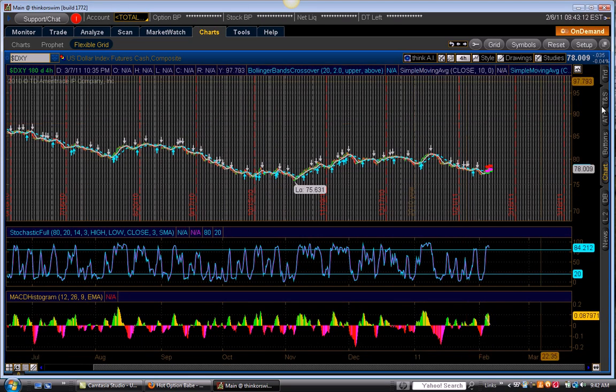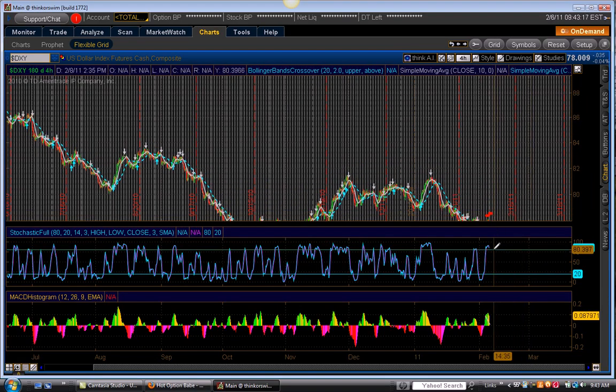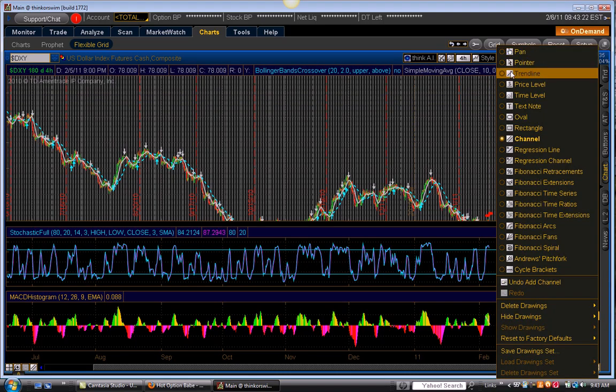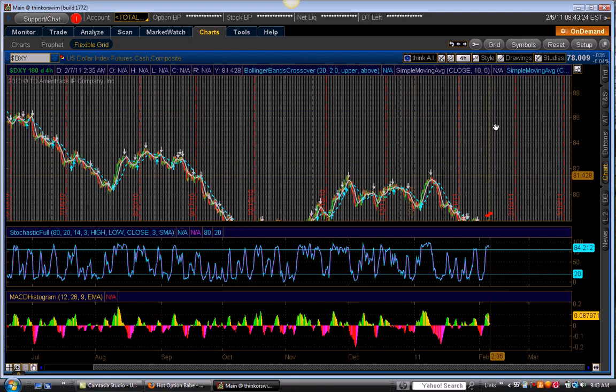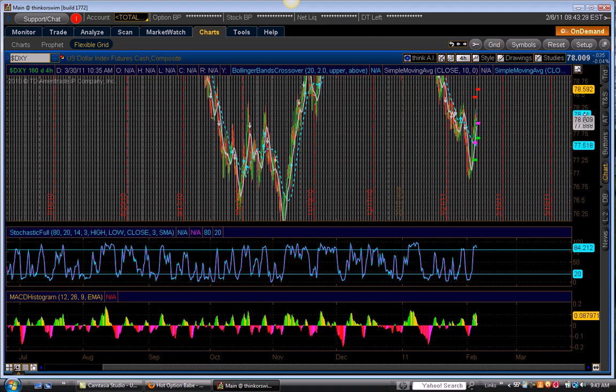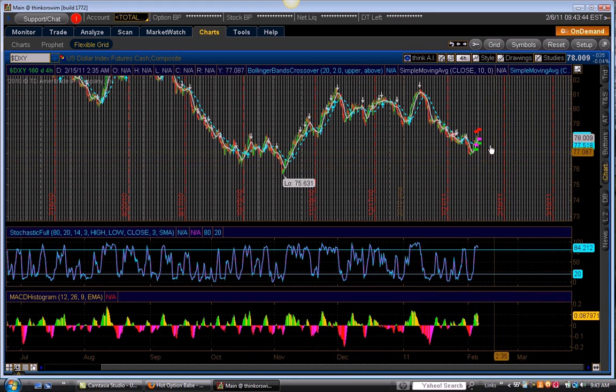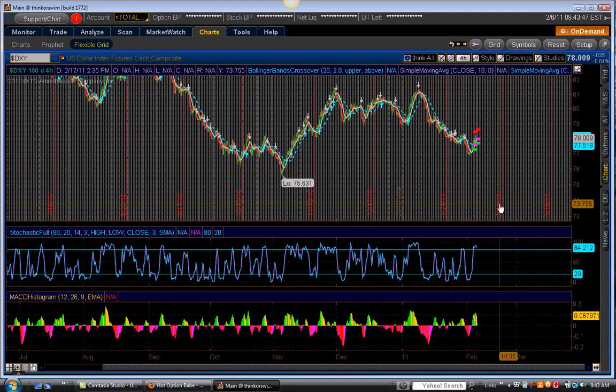Now here's the 4-hour. What that shows is that we could see some weakness. You can see the stochastics are pointing down. Let's see if I can pull this up a little bit so we can see it a little bit better. Okay. And you can see here where that inverted might be playing out. A left shoulder, the head, come back down to a little under 78, like I said, 77, even 51, and then roll back up, and that will have reset some of those